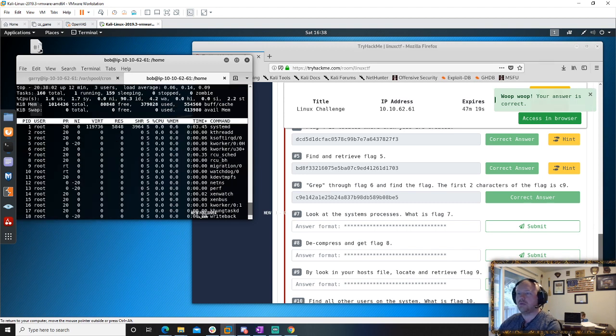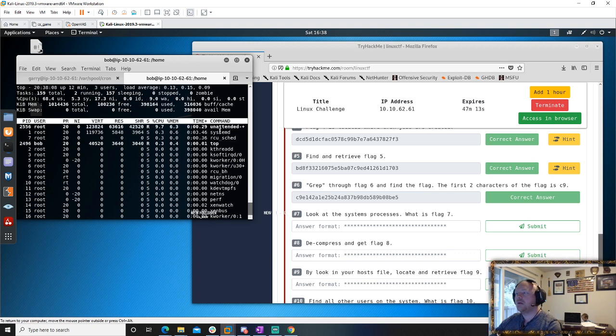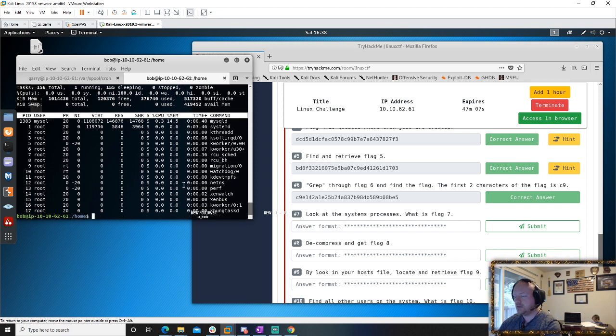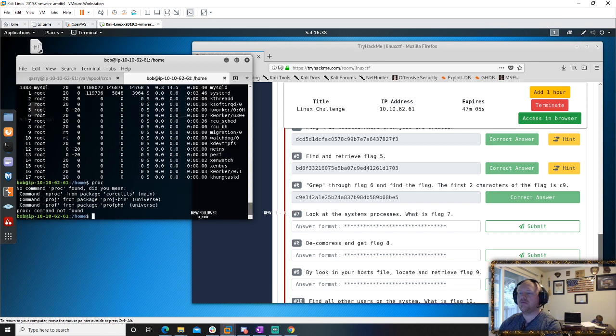So how do we look at system processes? Well, top is one way. This only shows you the top running processes though. And that doesn't seem to show us any flags. So what if we do,